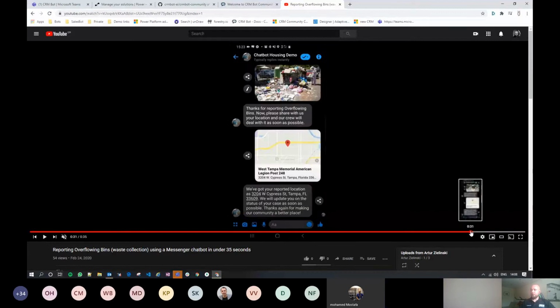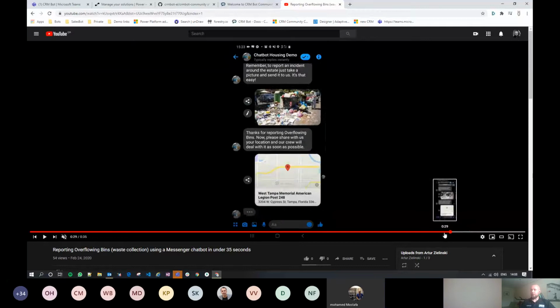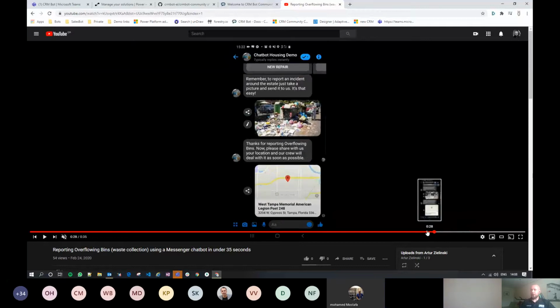So in case you missed it, we basically have two elements to it. First of all, we're asking you to send us a picture. You take a picture directly whilst you're there on the street. We pass that image, we analyze it, and we get that there is clearly a problem with rubbish. We've got a custom vision model that's trained to recognize stuff like graffiti, bins, etc.